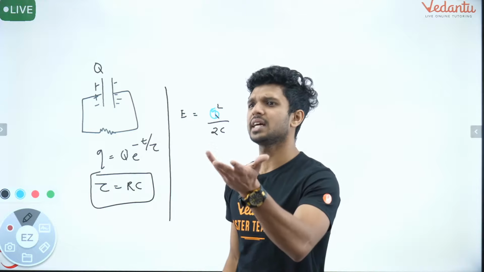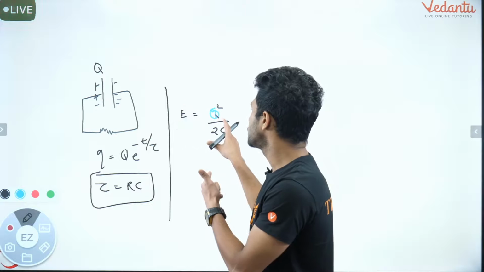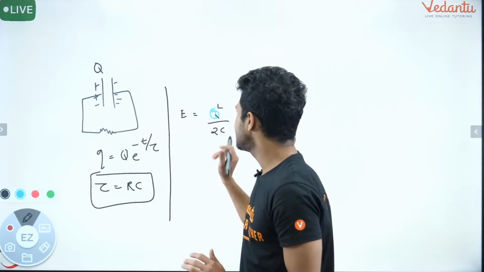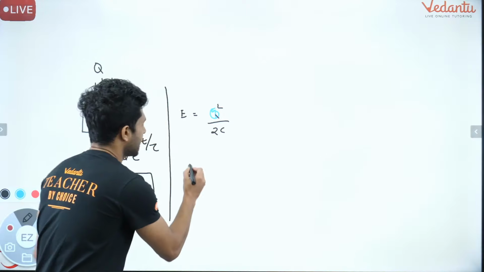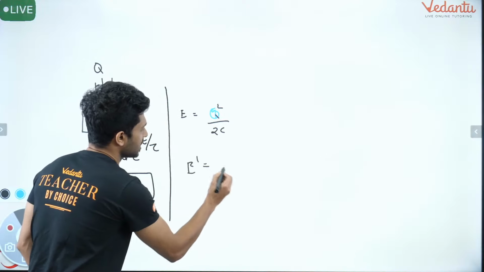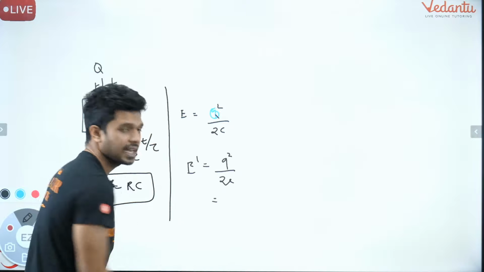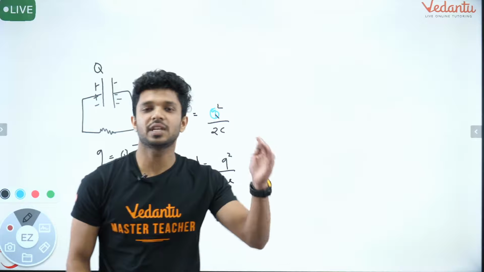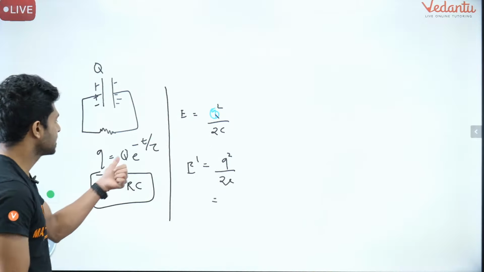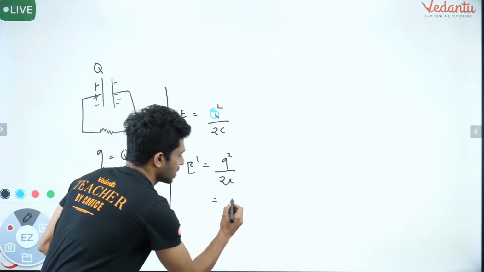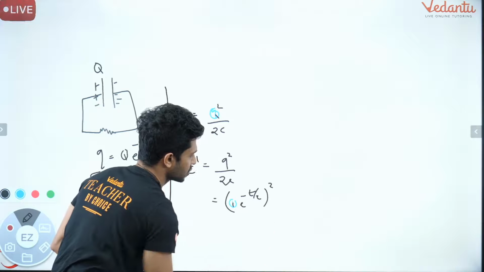Okay, so many formulas are there, CV square by 2, but as we are concerned with Q, we are using Q square by 2C. Okay, initially this will be. Now, after a time of t, what will happen? After a time of t, the energy will be equal to whatever the charge present at that time, squared, divided by 2C, right? Because the charge decreases, so the energy on the capacitor plates also decreases. What is the present value of the charge? It is given as Q e raised to minus t by tau, the whole square, right?